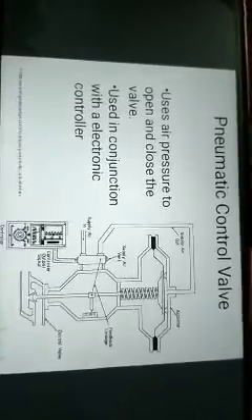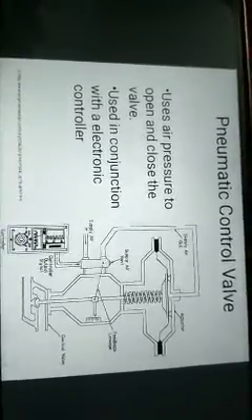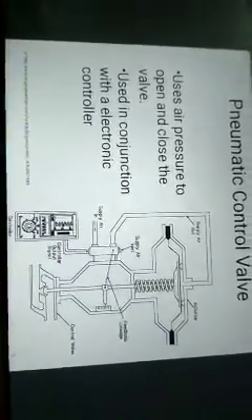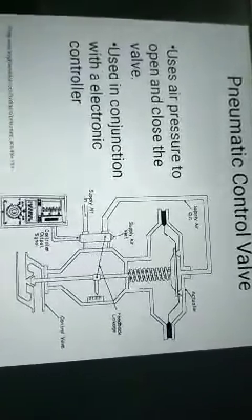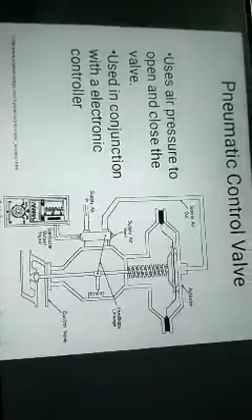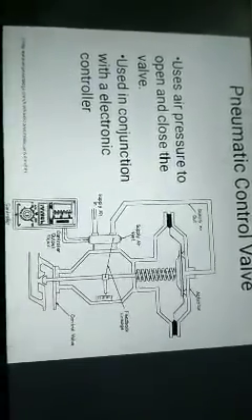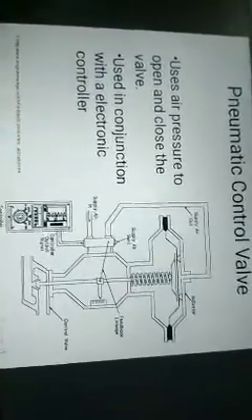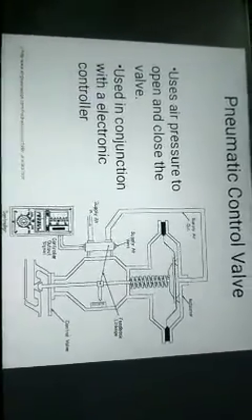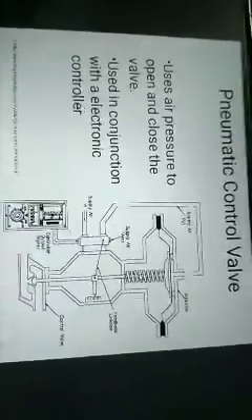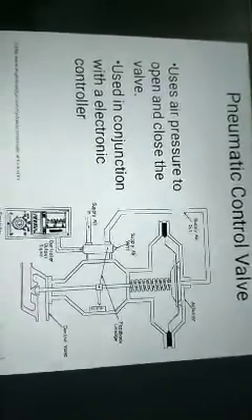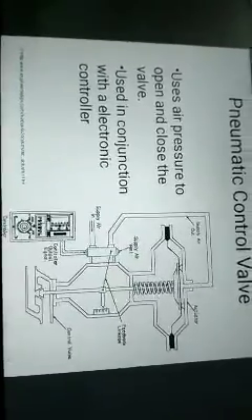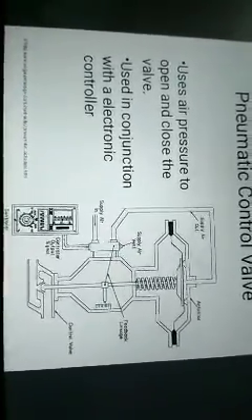Now, this is a pneumatic control valve in which the air pressure is used to open the valve, and it is used in conjunction with an electric controller. If we see, the control valve is at the lowermost part. It is connected with the feedback linkage which is attached to the actuator. The air supply out and the air supply in are connected with the supply vent, and that is again attached to the controller output signal.